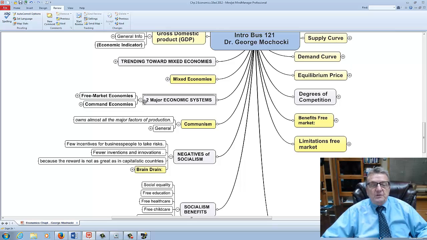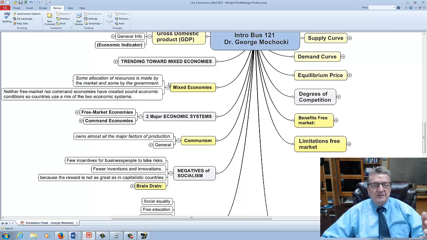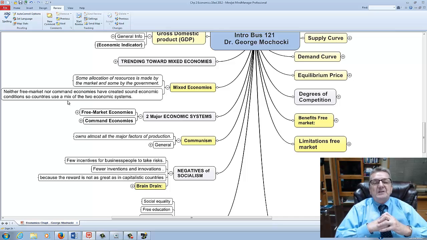Okay, so what you're going to find out is the free market and command. I'm going to look at the command. The command basically, you're talking about communists and socialists, because the socialist government has more input than in a purely capitalistic free market. And if you look at the United States, we're not. If I look at the mixed economies now, there are very few pure communistic